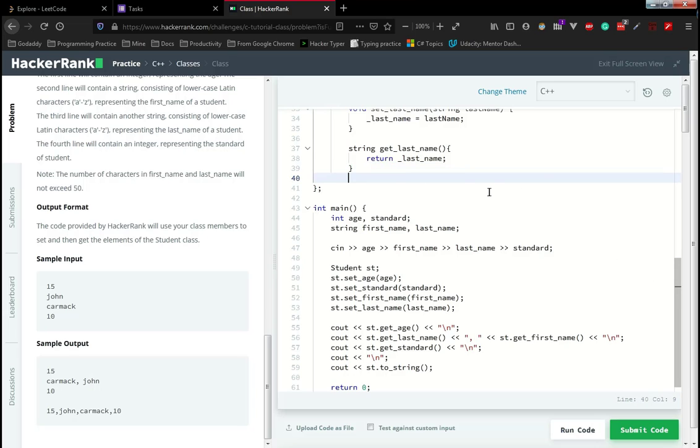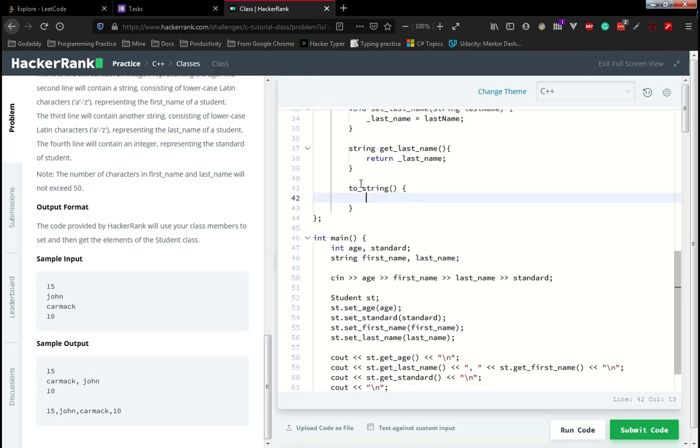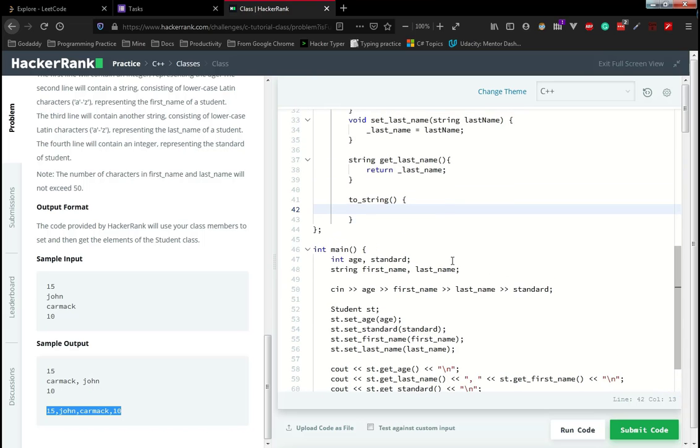I forgot to implement the toString method, which we need to implement. So first of all, toString. This method is going to return all the values in a specified format. Here is the format. We can achieve this using different methods. So I'm going to use a string method, which we have discussed previously, which is used to manipulate or structure the data in whatever way we want. So once again, toString is going to return some value. The value is nothing but a string. I'm going to return that.